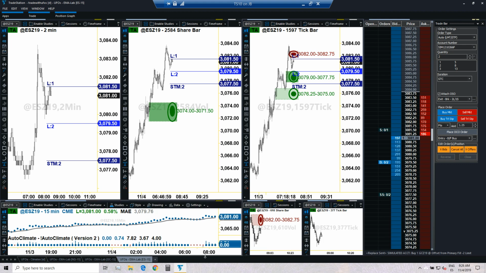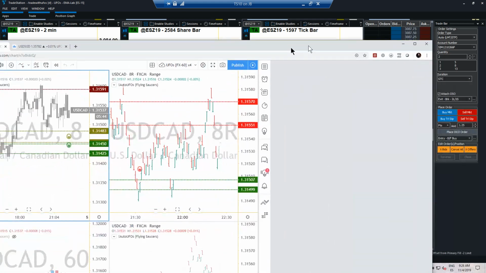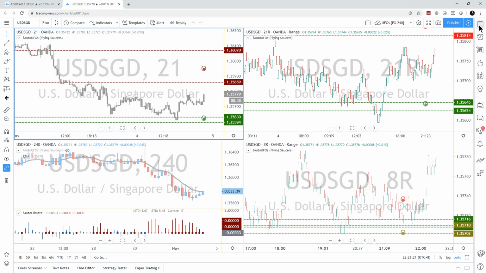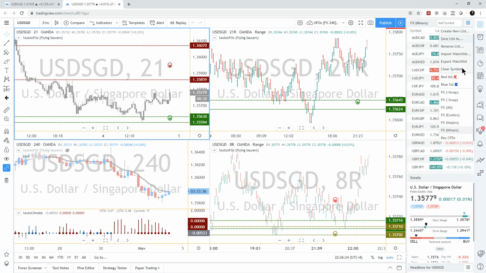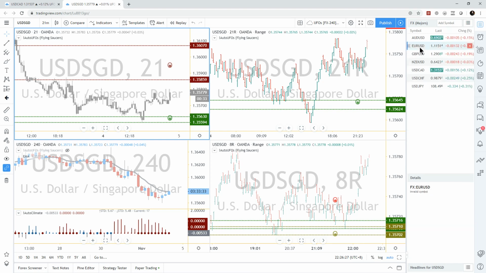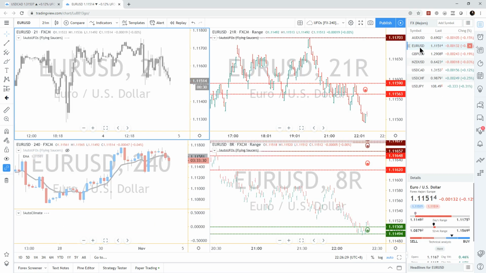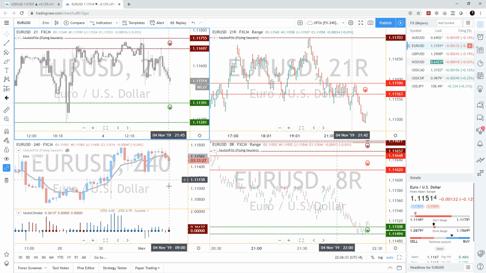For that I need to bring TradingView into the room. 4-hour setup. Let's load my list of currencies. We'll go for the majors, and here is the euro. So euro, what do we have? We have a down climate, as we knew. Value for the average is 111.58, and unfortunately around this price level we don't have anything here, but we do here, in the range time frame we do.